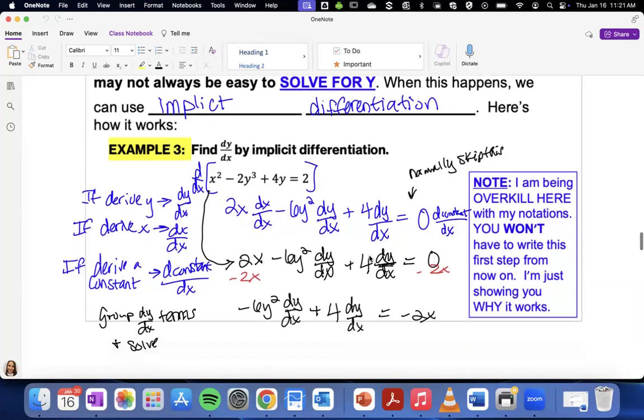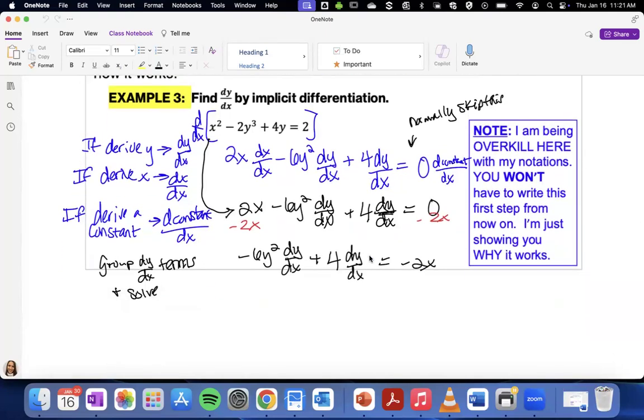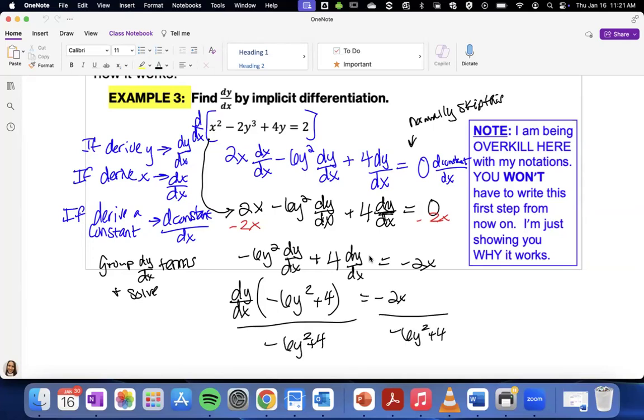Now, what do you think I could do to solve for dy over dx? Well, we don't want to divide what? Yeah, well, first I'm going to factor it out, right? And then, so you could, yeah, you already kind of did that in your head, but you factor out a GCF of dy over dx. Typically we factor it out, all right? And we write, well, we have negative 6y squared plus 4, and then we divide, as you guys were saying. So we divide by this negative 6y squared plus 4, whoops. You get your final answer